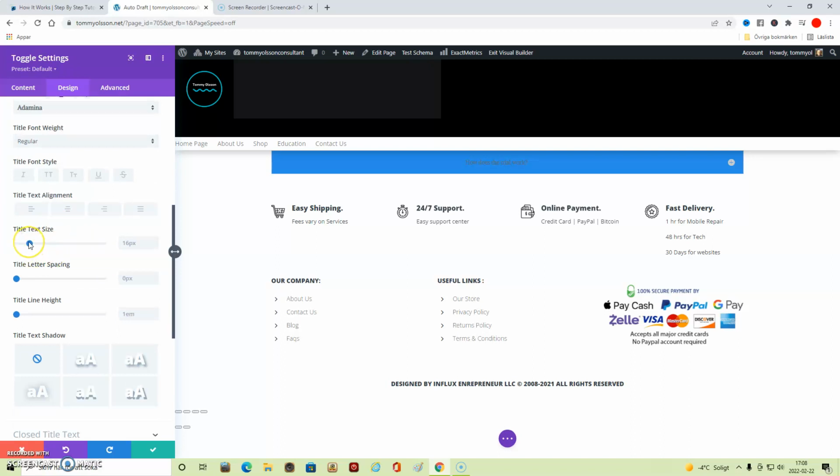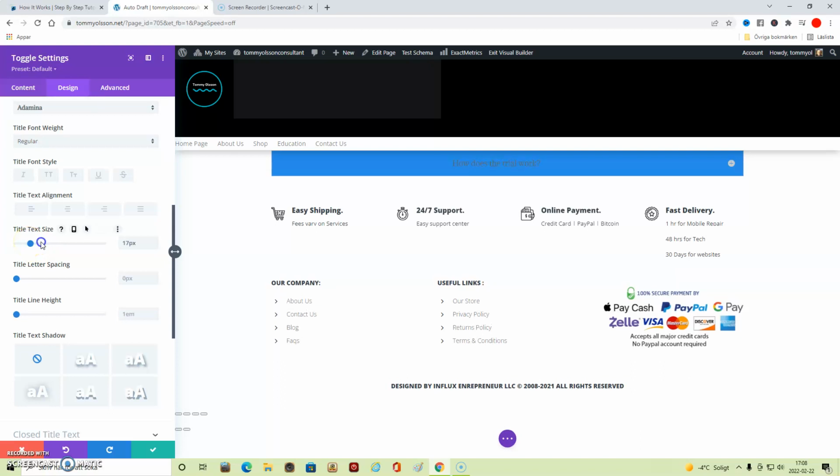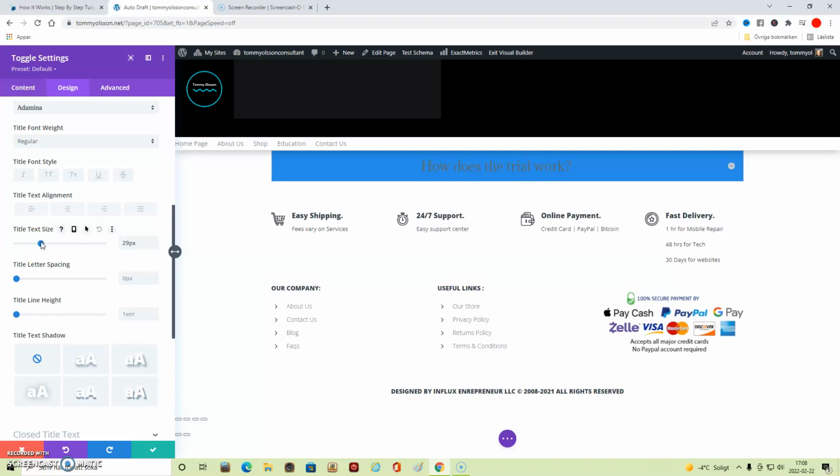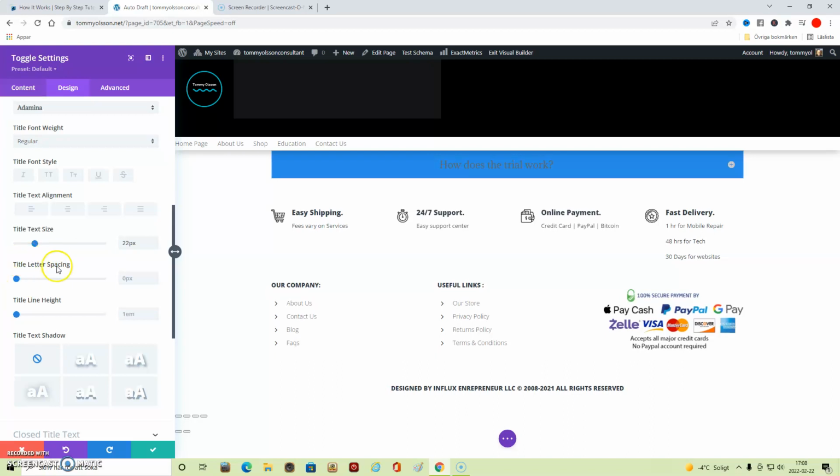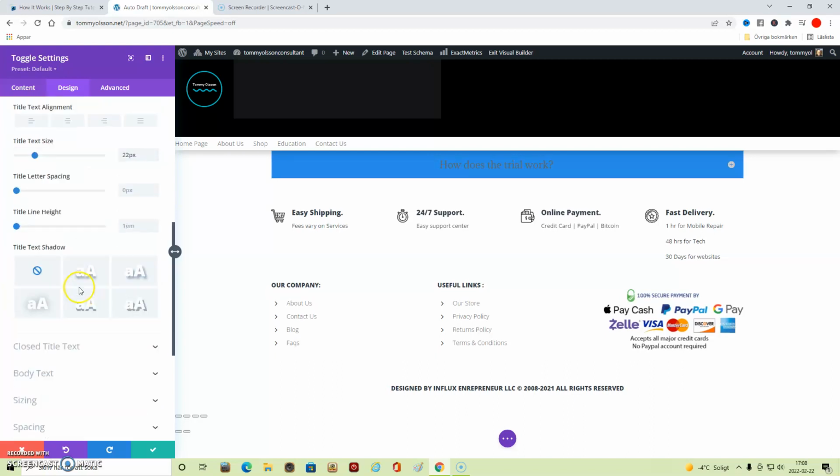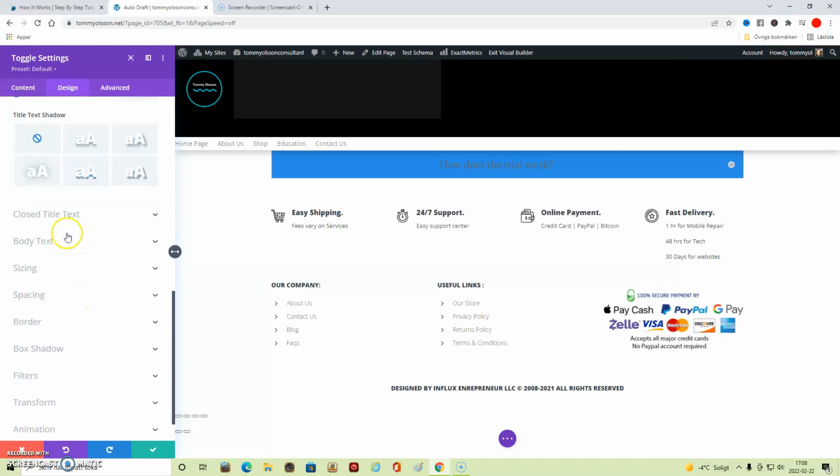And you can change the text size here if you want to enlarge it or make it smaller. And you can use this to choose if you want to have more space between the letters.